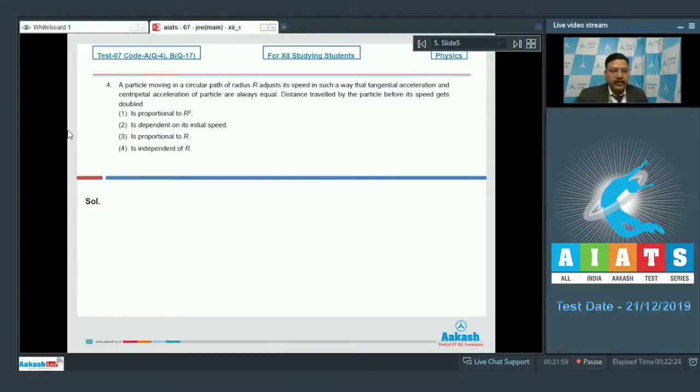and the condition given is that the tangential acceleration and centripetal acceleration always have the same magnitude, which gives us the condition that v square by r, the centripetal acceleration, is equal to dv by dt, the rate of change of speed. Okay, the magnitude of dv by dt equals v square by r, and since we have to bring in distance also, we can write dv by dt in the form of